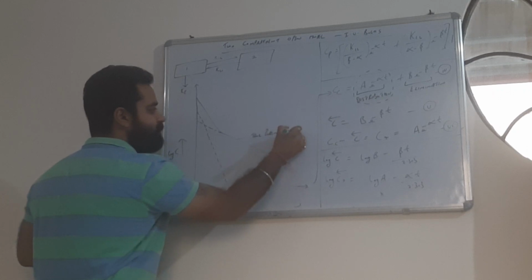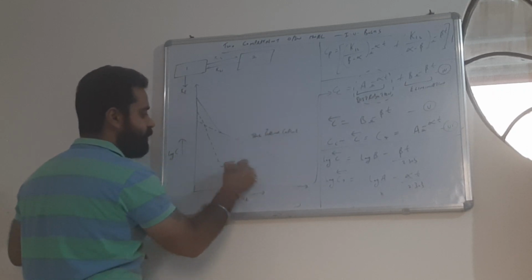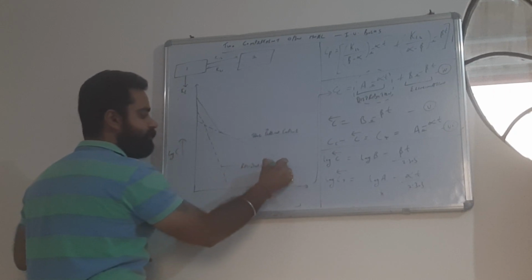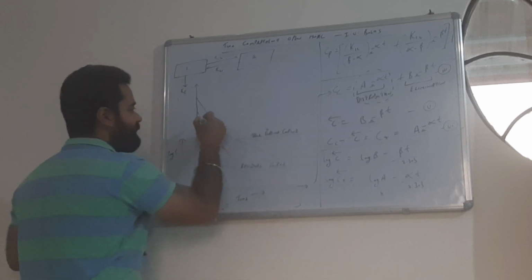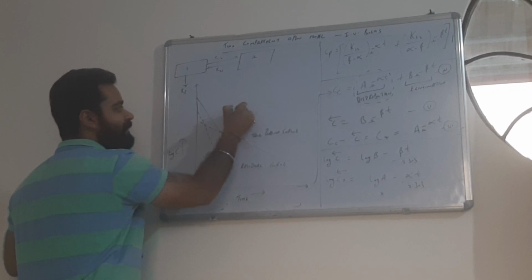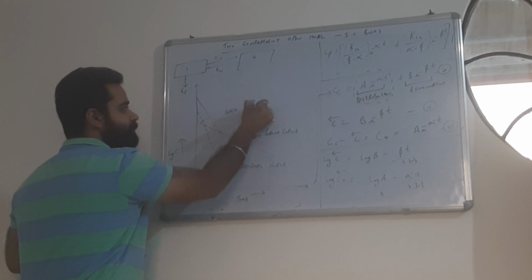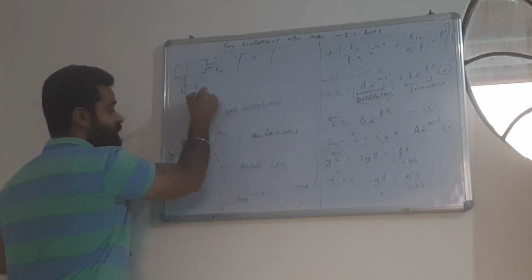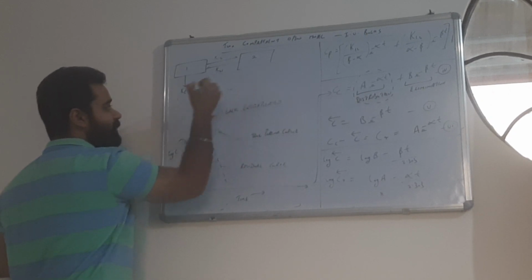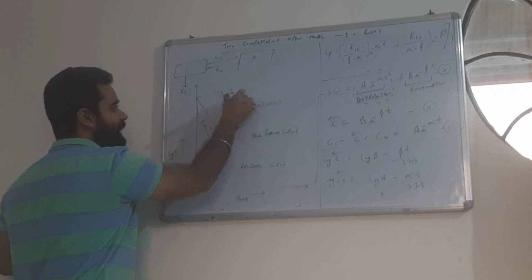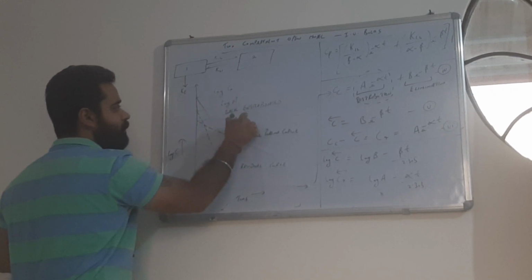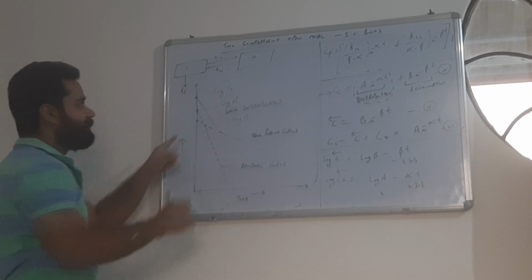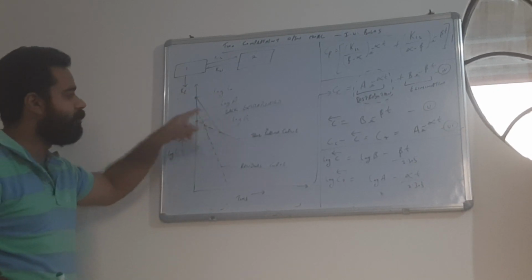True plasma curve. This is going to be the residual curve, and this is the back extrapolated curve. This point is log C naught, this is log A, this is log B. 3 points we have, starting with log C naught, log A and log B.